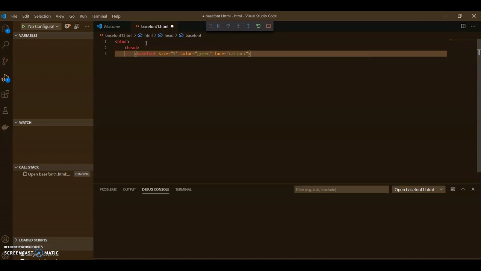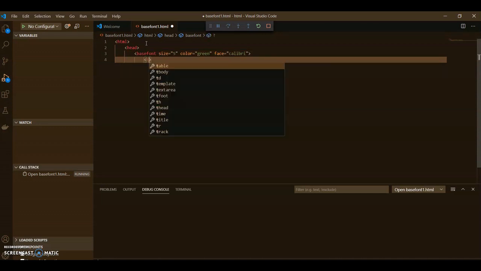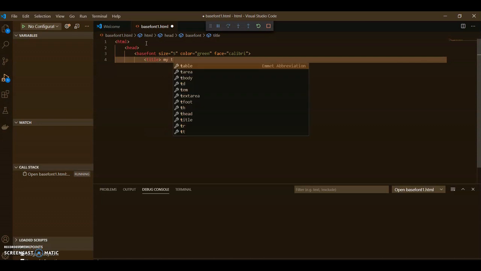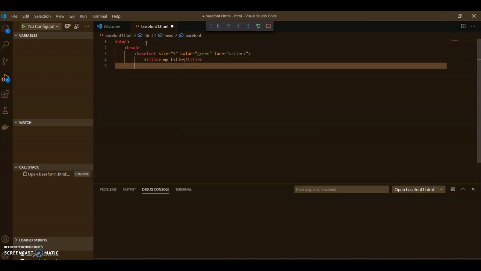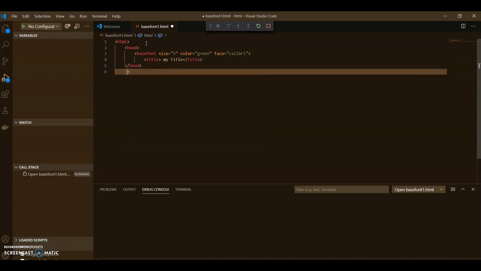Now I'm going to define my title, and after that I'm going to close it. After closing the title, there is no need to close the basefont tag, because the basefont tag is an empty tag. After closing the head tag, I'm going to open the body tag.